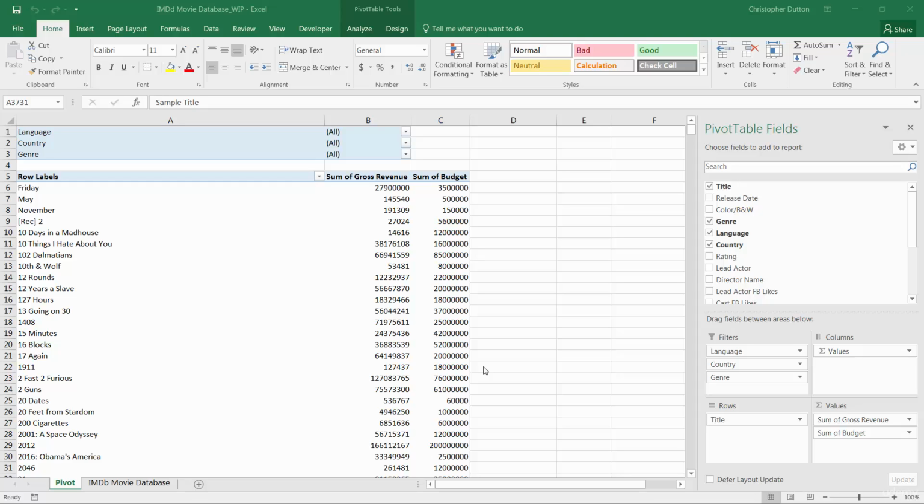In the last lecture, we talked about some of the more basic refresh and data source options, but now I want to share 2 pro tips that are really helpful when you're working with dynamic or growing source data. So back in our IMDb movie database file, you'll remember that the last tip that I showed you was to